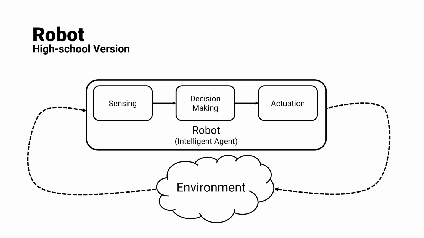So just to recap again, our intelligent agent has some desired properties and it wants to do something in an environment, but the environment sort of disturbs and disrupts this robot, or in general, it has to interact with the environment to be able to keep up and do its thing, right? It does it through sensing what is around it to get a gauge of what is going on. Then it makes a decision on what needs to be done next. And once it takes this decision, it uses its movement modalities or actuation modalities to be able to physically do what it needs to do, right? And this is the high school version. This is more like an understanding thing, but there are more formal words which we use in robotics, right? And let's look at that in a second.